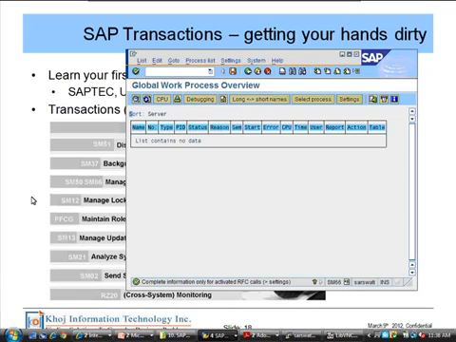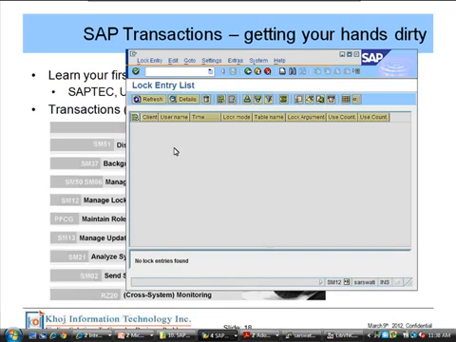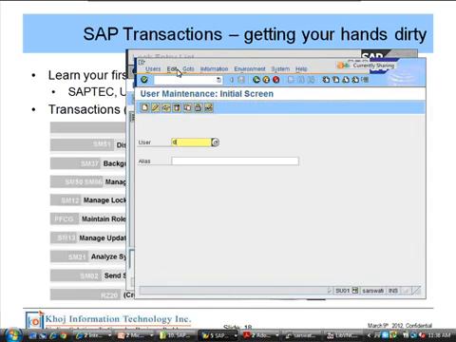SM12 is for lock management. If there are any locks in the system, you will see them in SM12. I can look at any locks held by any user. Right now there should be no locks. But if I do /O, I can start a new session, SU01.